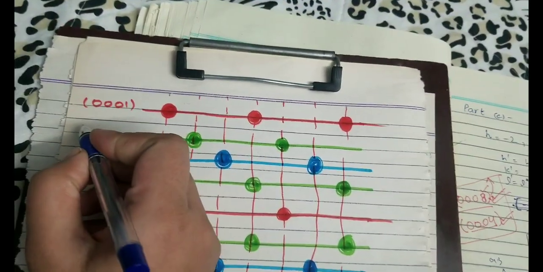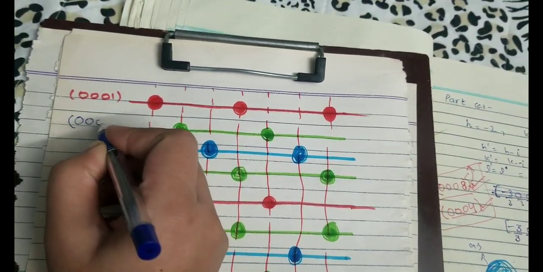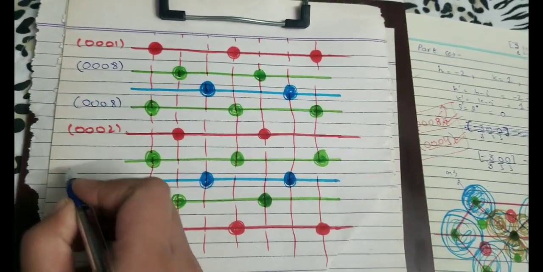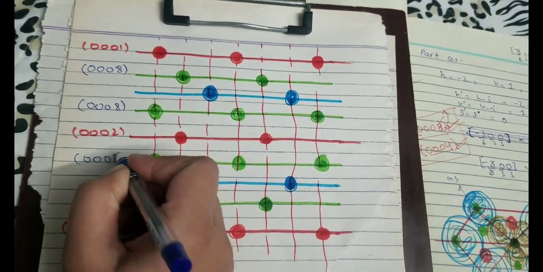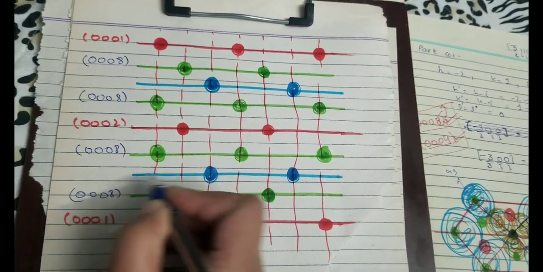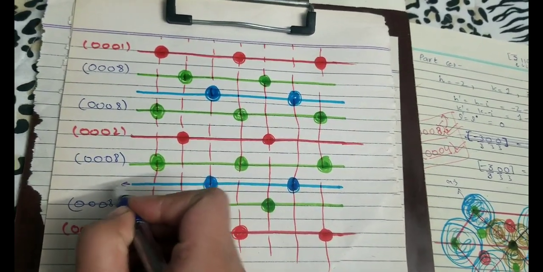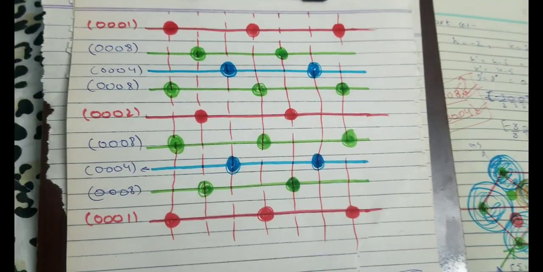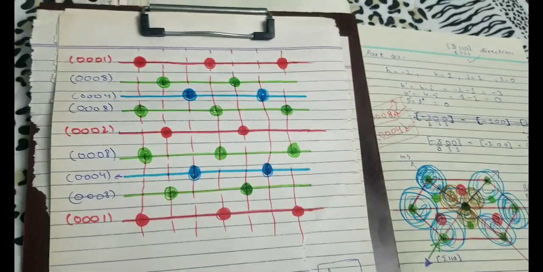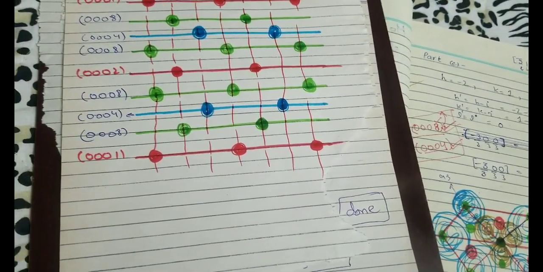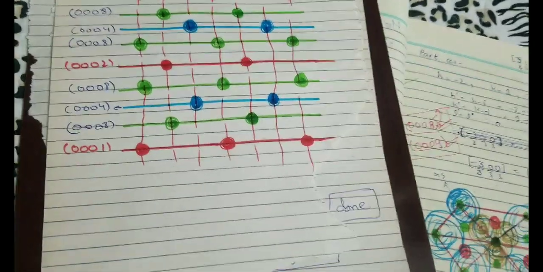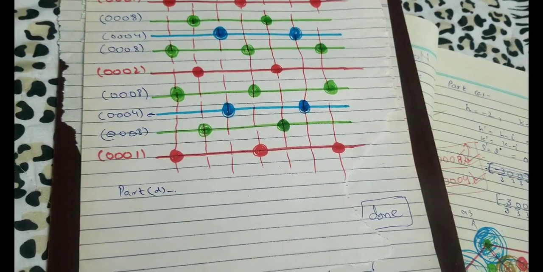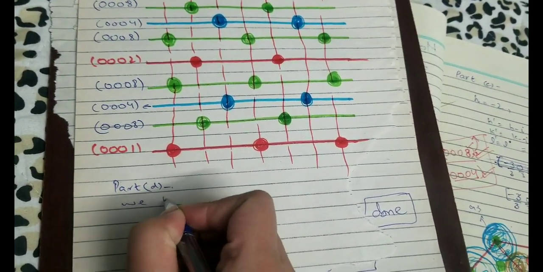As I told earlier, the tetrahedral sites are located at 0008 planes, and the octahedral sites are located at 0004 planes. This figure was needed in part D. In part D you have to write something other than that diagram also, so you can draw the similar diagram in both the parts. In part D we have